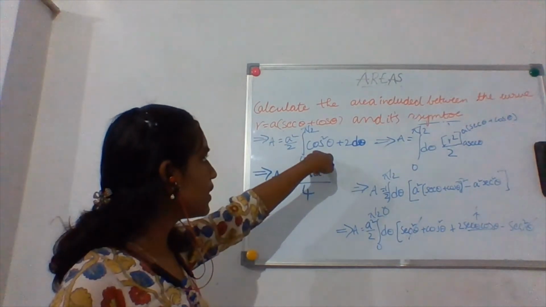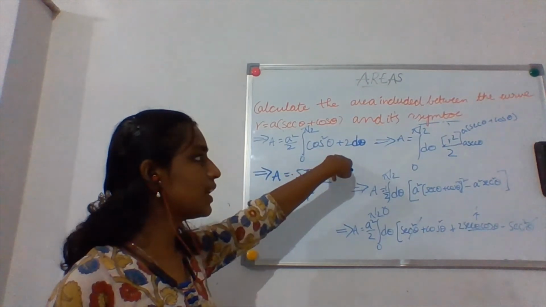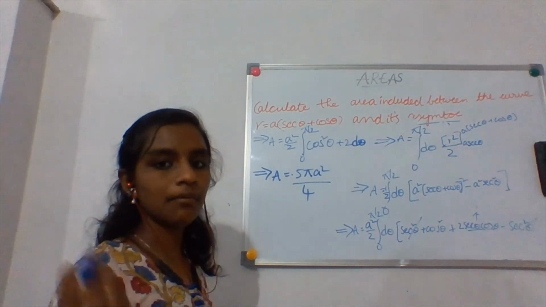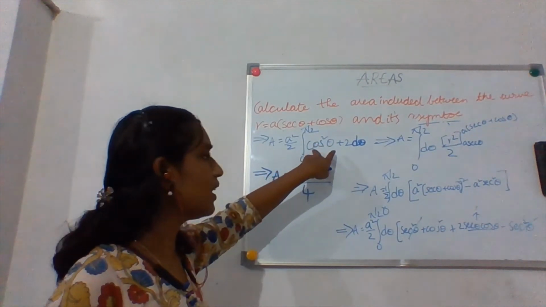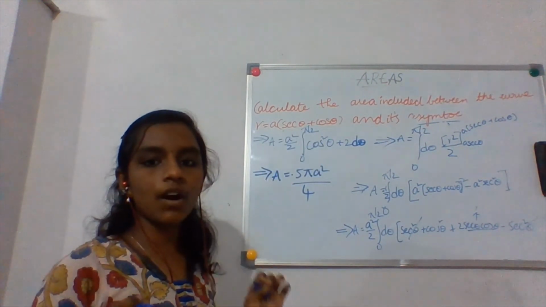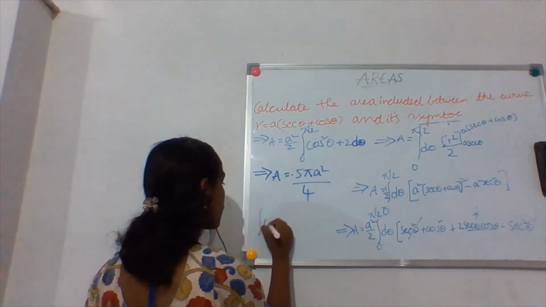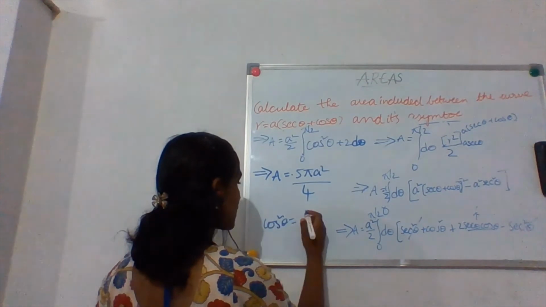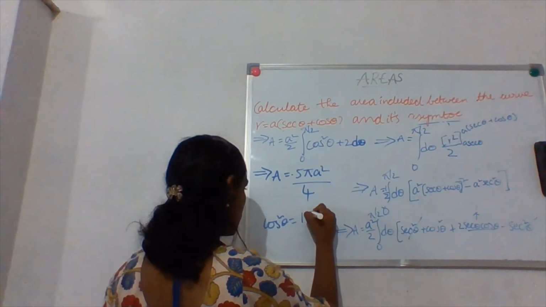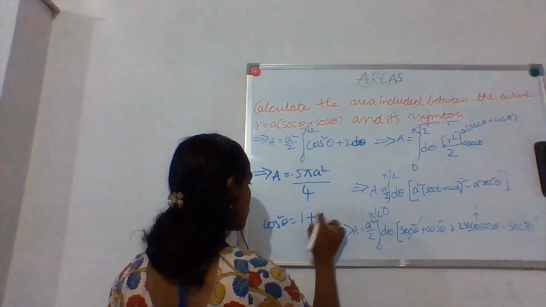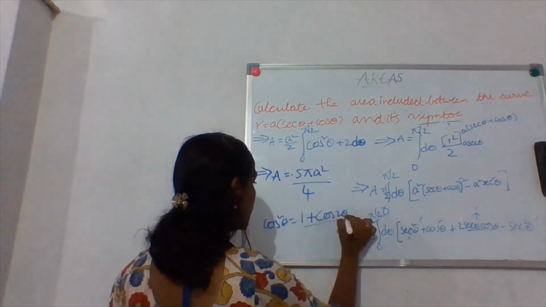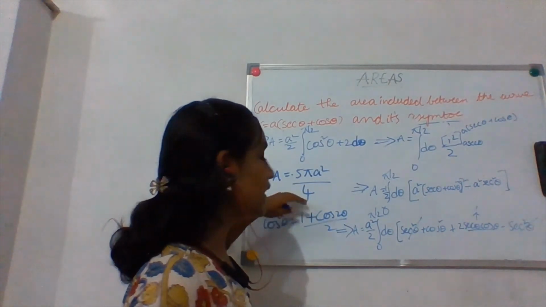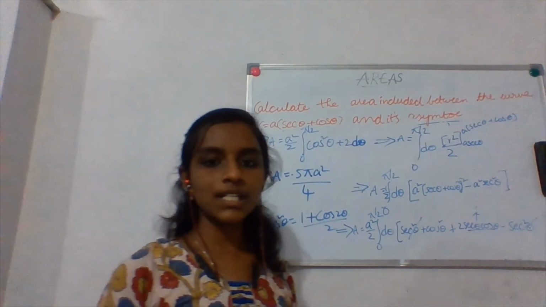You know how to integrate the integral of cos square theta and 2 d theta. That is a very easy one. You don't have to use many formulas. You have to use only one, I think. You can do it because you know cos square theta is equal to 1 plus cos 2 theta by 2, right? So you can use it and complete the integration, and the final answer you have to get is this, okay? So you can try it later.